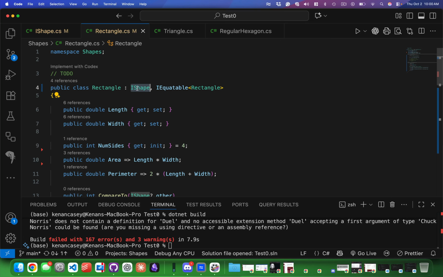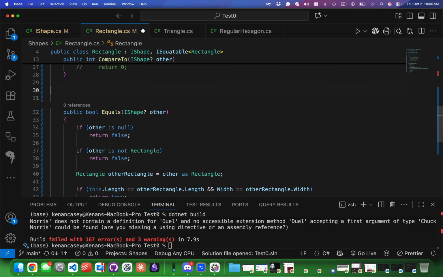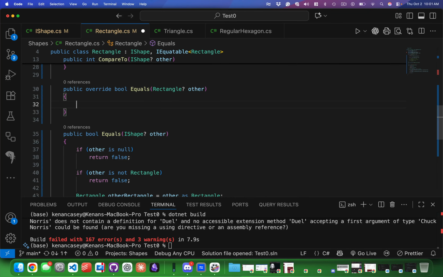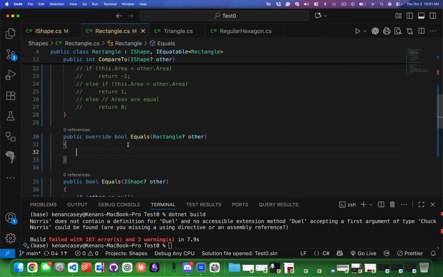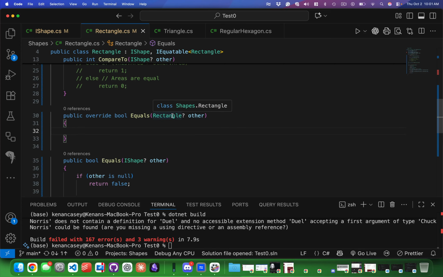So I'm saying it is an I shape, and it's I equatable in rectangle. So if it's I equatable in rectangle, then I would need to say public bool equals, public override bool equals, rectangle question mark other. If VS Code was working, it should have just said you need to add this method. So you see how these are really, really similar? But I can imagine how if I were using this, I wouldn't know that I needed to pass in